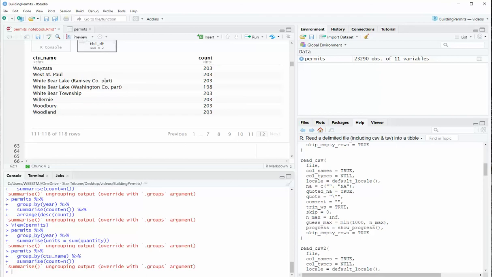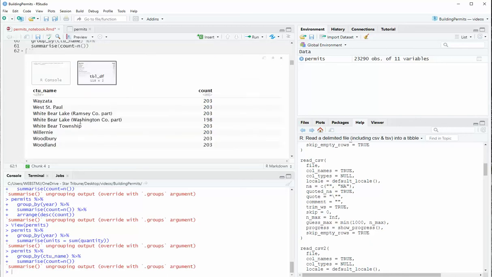This is because this data is set up to identify what units were built in each city, in each county. And cities like White Bear Lake and Hastings and Blaine actually cross county boundaries. Part of the city is located in Ramsey County, part of it's located in Washington County. But for our analysis purposes, maybe we want to summarize it up so it's just White Bear Lake total and not separated by what county it's in. So to do that, we'd need to clean up this city name column and